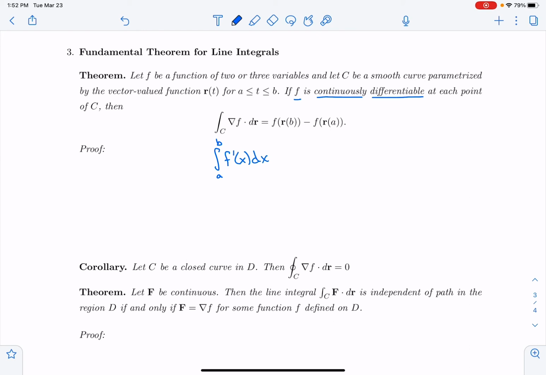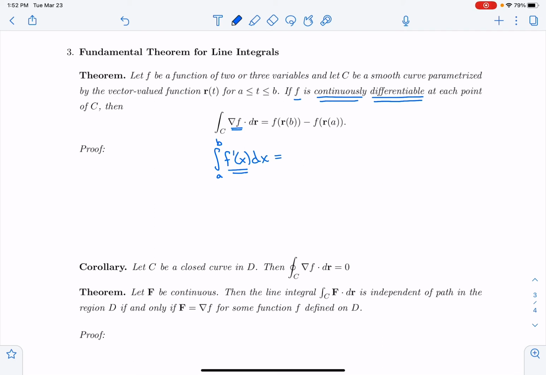And we need what's inside there to be continuous. Okay, so in this case, we need f to be continuously differentiable, meaning that all the partial derivatives of f are continuous. Okay, so what's inside the integral needs to be continuous. So I see a derivative, okay, and then we're going to integrate that derivative. And then how do we integrate the derivative? We integrate that by